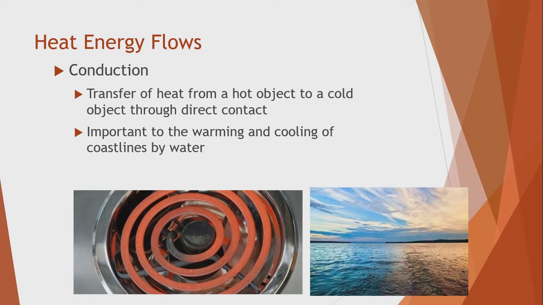If you have a really, really hot object and you put it next to a cold object, or they touch each other, there's going to be a direct transfer of heat from the hot object to the colder object. This is true also of things like air and water and fluids and things like that. So if you have a hot stove in your house like this, I don't know if anybody has these old school burners anymore, but you can see the coil heats up and it gets really, really hot. Obviously, if you put a cold pan on it, then the pan gets hot. So that's the direct contact conduction.